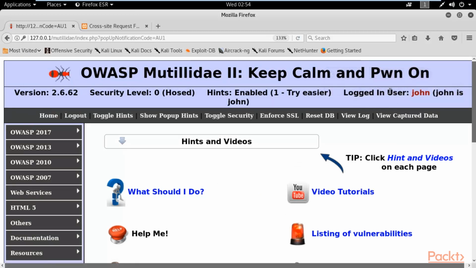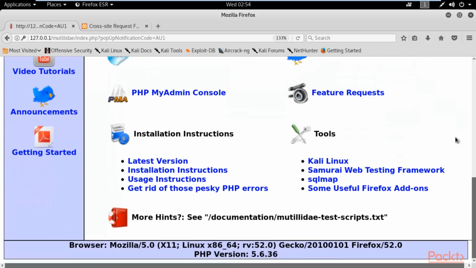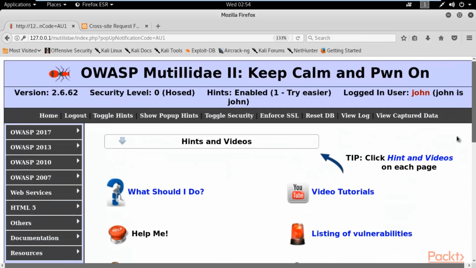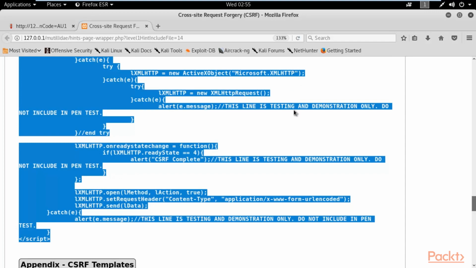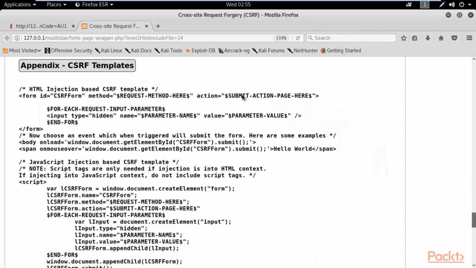The logged in user is John, and this is the signature, John is John. So we have successfully logged in. Our practical was successful: we have created that account, and without registering we have logged in to a particular account. Great. Go back and let me try one more code there.